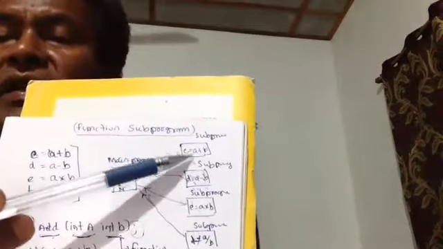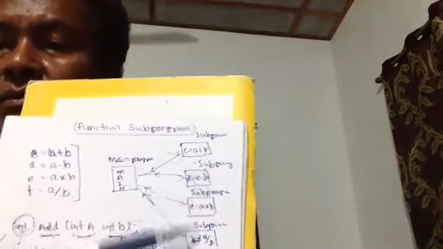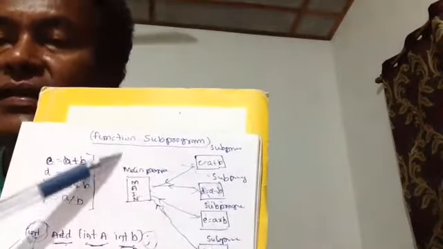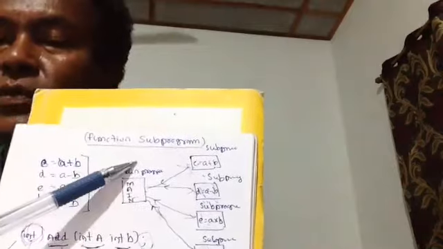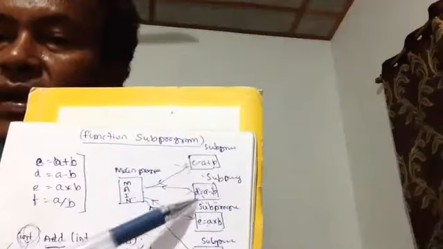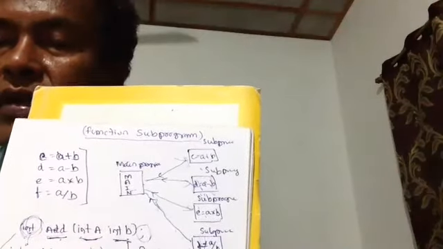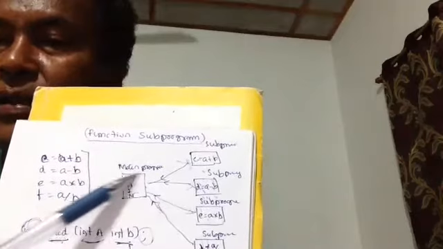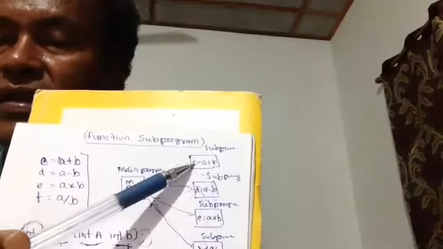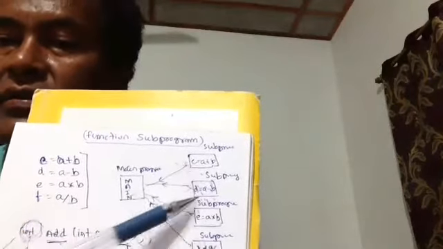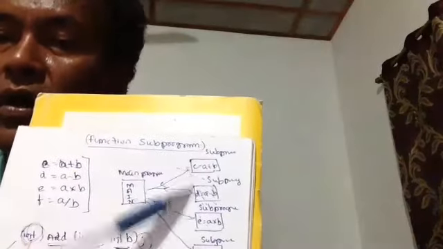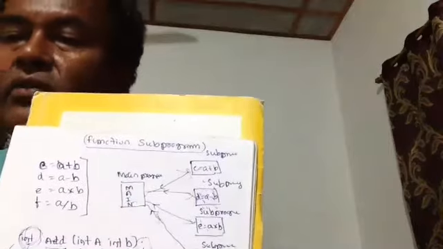Yes, sir. So no need to declare A and B again and again in each program. Instead, if you declare it here, it is for all. And if you don't declare it in the main program, you can declare a variable locally. Are you getting? If you are not declaring here in the main program, then locally every time you have to declare a variable, and this is called local declaration. Means within the subprogram you are declaring. And this is called global. Global means it is common for all the programs. That is the difference, local and global.